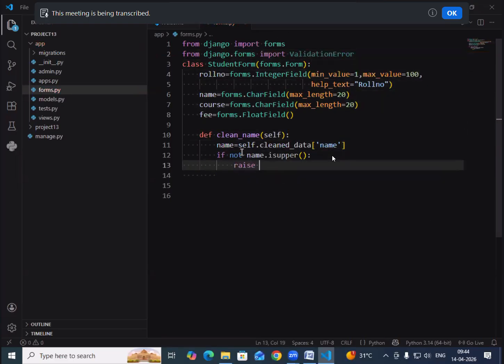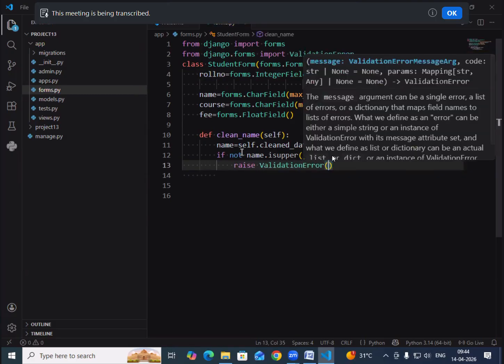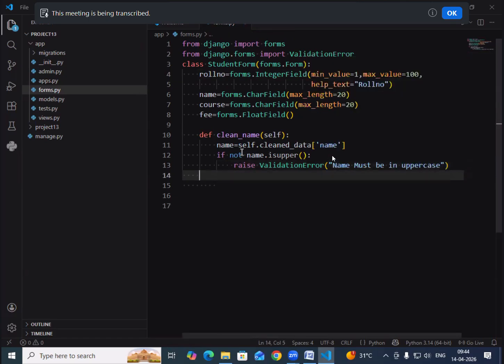So how can you raise an error? raise ValidationError with a message. What is the message? Name must be in uppercase. Otherwise,